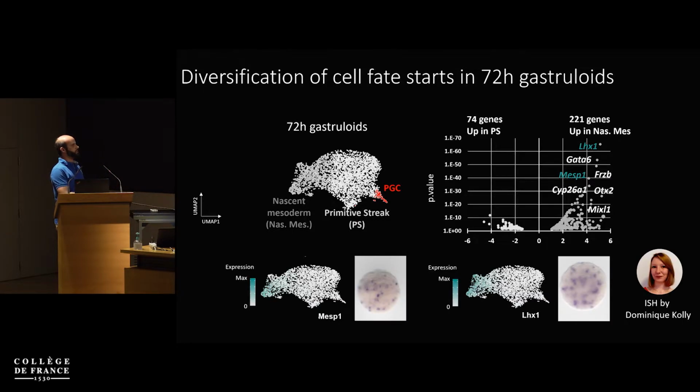And so Dominique, when she started in the lab, performed some in situ hybridization of these markers, and we could see that this transcriptional program seems to be very disorganized. It's spotted in a salt and pepper-like pattern, and so we could not say from this that at this stage the initial transcriptional diversification occurs in an already self-organized fashion. This seems to occur later.